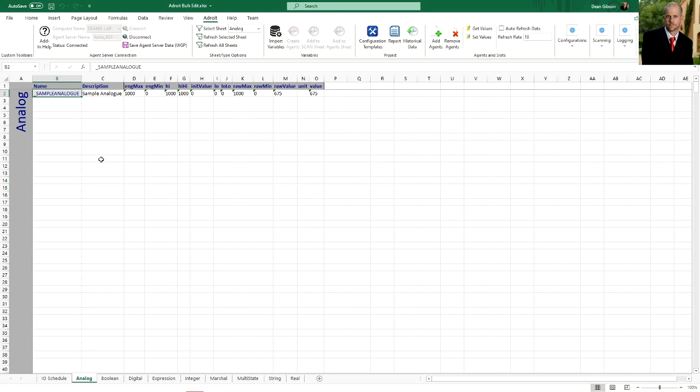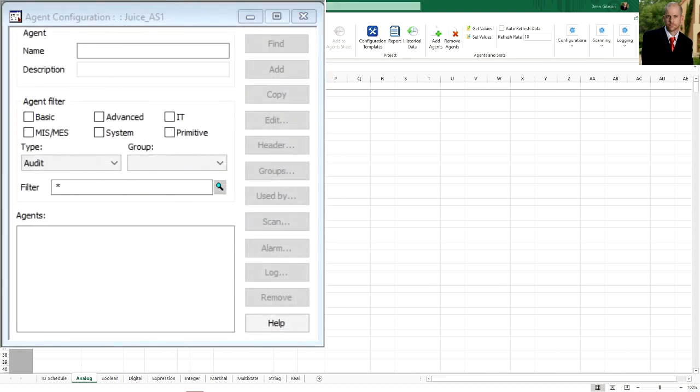Now, currently, we only have one agent that exists. It's the sample analog agent. This is created by default. So I'm just going to open that up. So if we come along here, let's just move him to the top. There he is. All right, so as you can see,